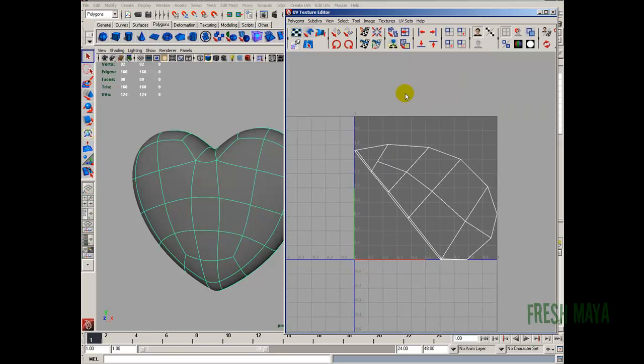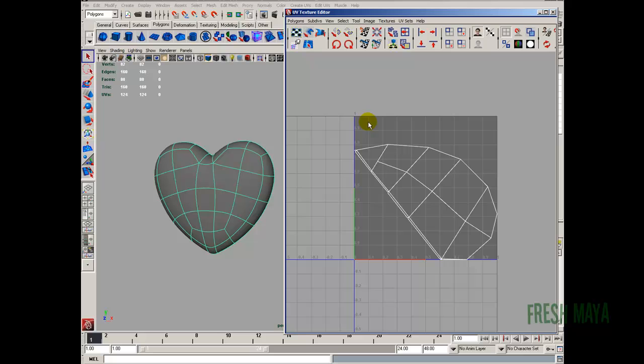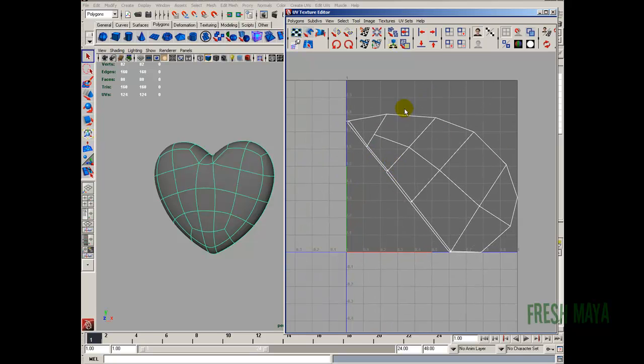When it opens up, you'll see this grid, and in the upper right hand quadrant is where our texture is. Right now it's got a gray Lambert. That's why this square up here is gray. It's because we have a gray Lambert material applied to it. Alright, our UVs, now these are not,